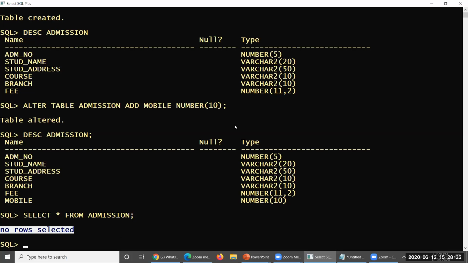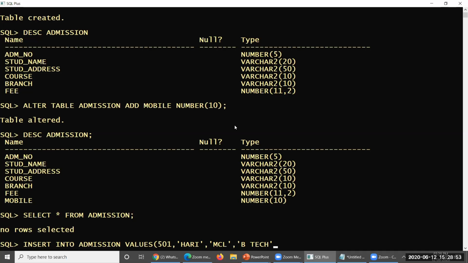That's all. Okay, insert into the table name, that is admission, whatever values you are expected to insert. Admission number is actually a number, so that is 501. Because it is varchar2, some name, Hari. Student address, also varchar2, MCL Macharla. The course is BTech and CSE is the branch of study.